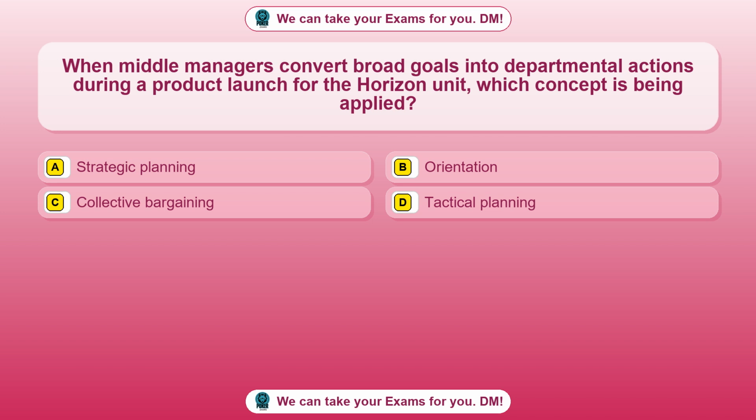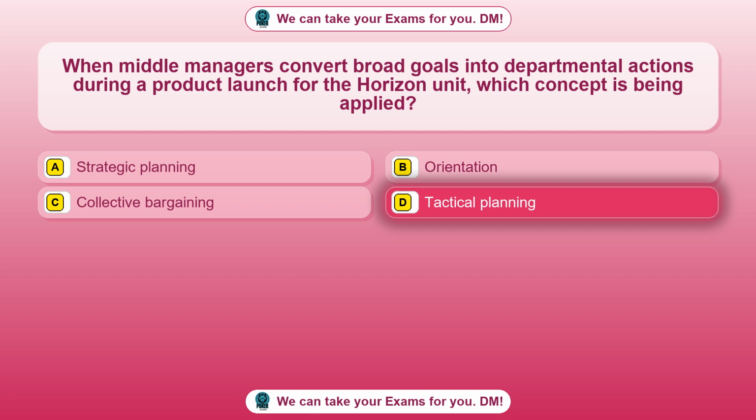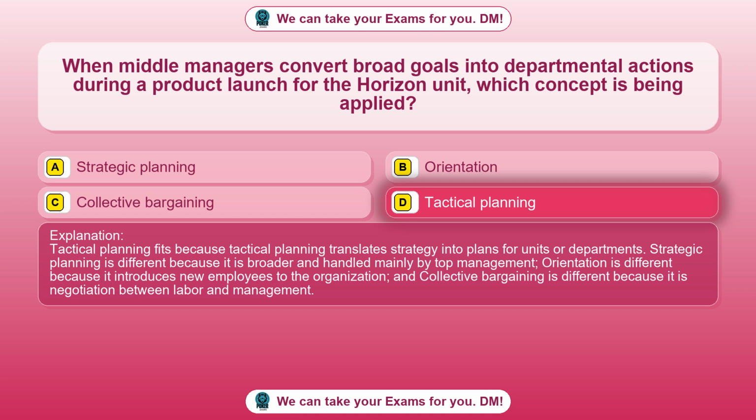Option A, strategic planning. Option B, orientation. Option C, collective bargaining. Option D, tactical planning. The correct answer is option D, tactical planning. Tactical planning fits because tactical planning translates strategy into plans for units or departments. Strategic planning is different because it is broader and handled mainly by top management. Orientation is different because it introduces new employees to the organization, and collective bargaining is different because it is negotiation